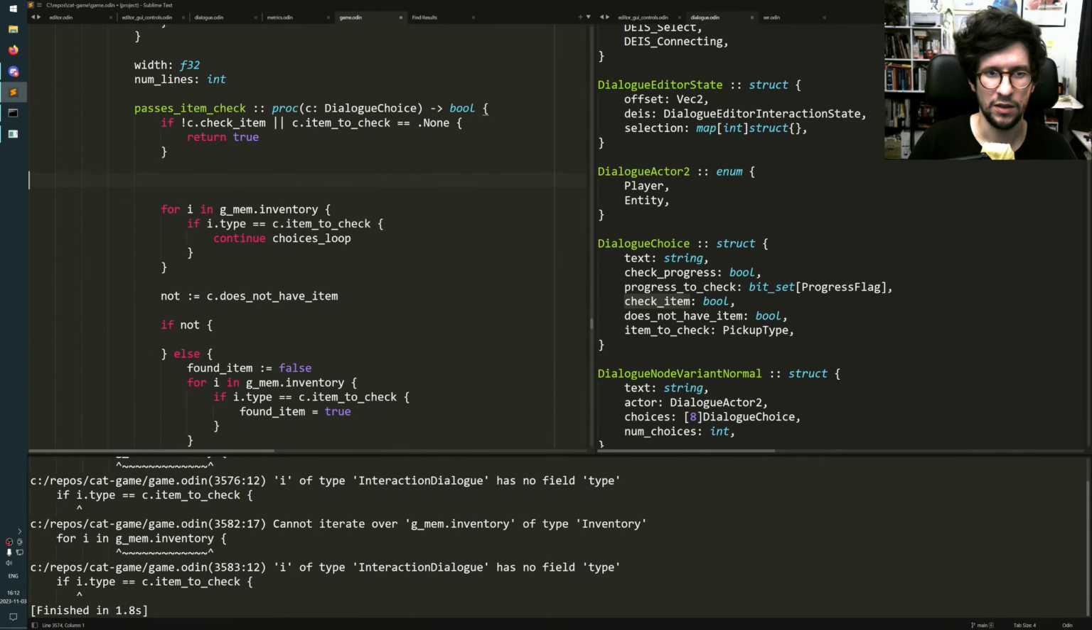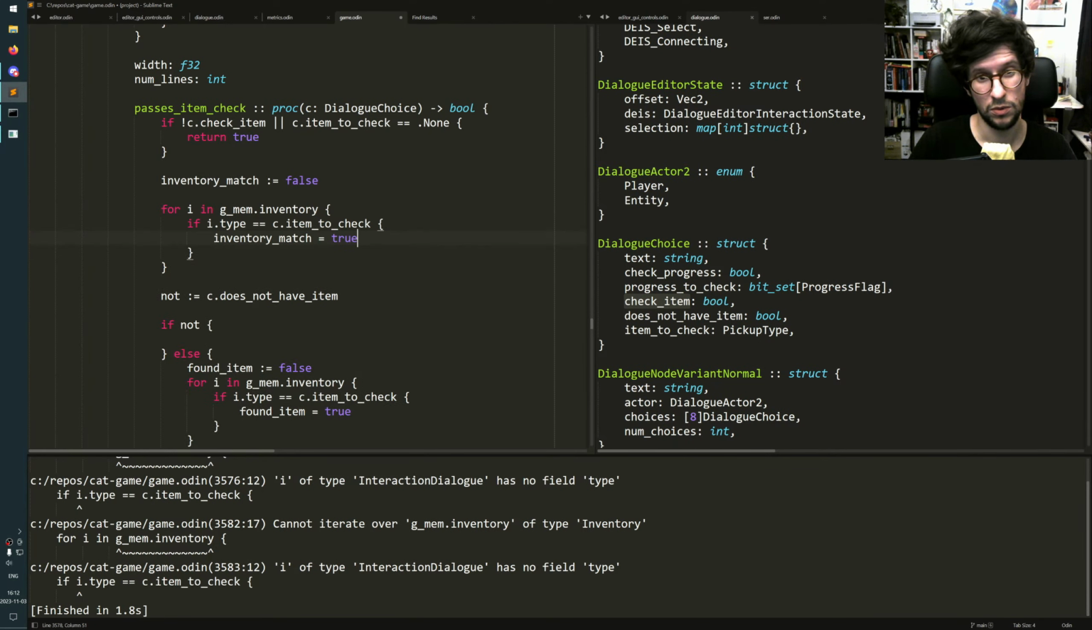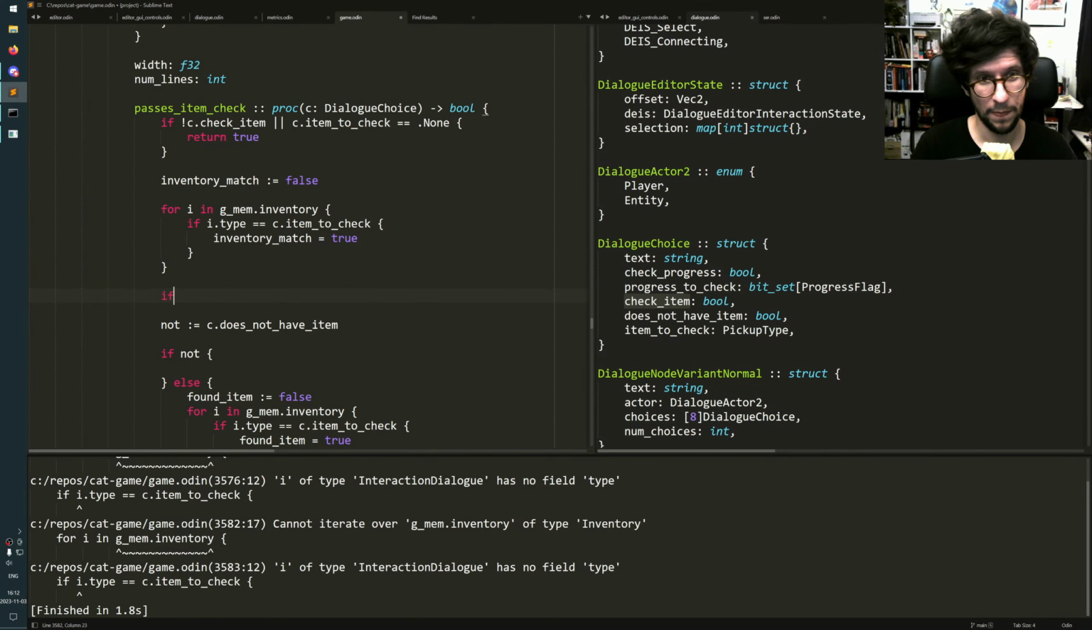And we can say inventory match false. Inventory match true. If C does not have item. Okay, and here we can just return actually, I think. If